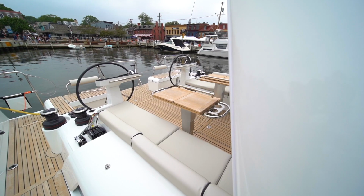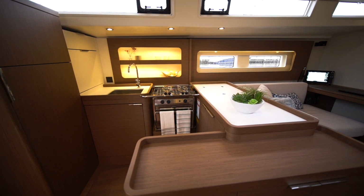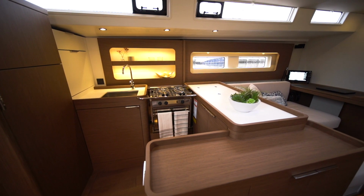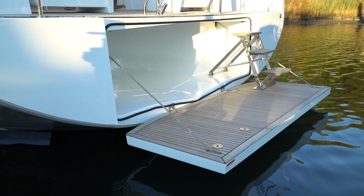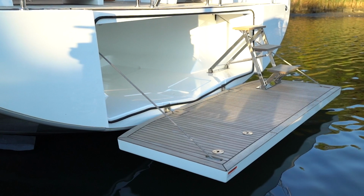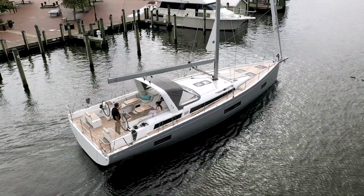So we're going to spend a few minutes together here, and I'm going to tell you about all the awesome new features that this boat has, some of which are very unique and very innovative, just in the spirit of BENETEAU. We'll start with the unbelievable terrace on the sea, which increases the amount of available space on the cockpit by an extraordinary amount. The idea behind this boat was to make it as easy to sail and to use